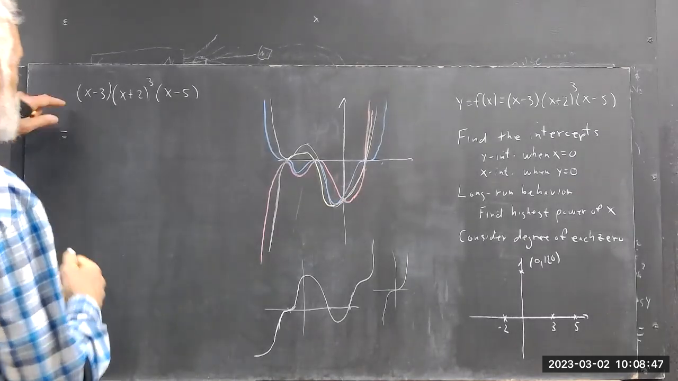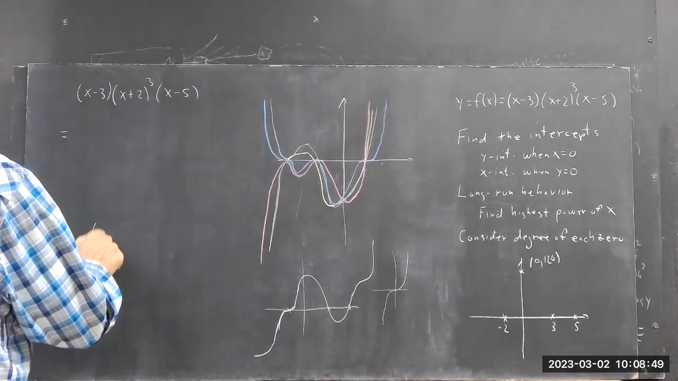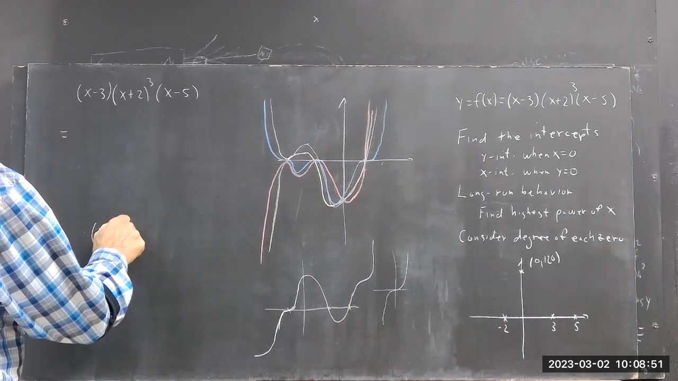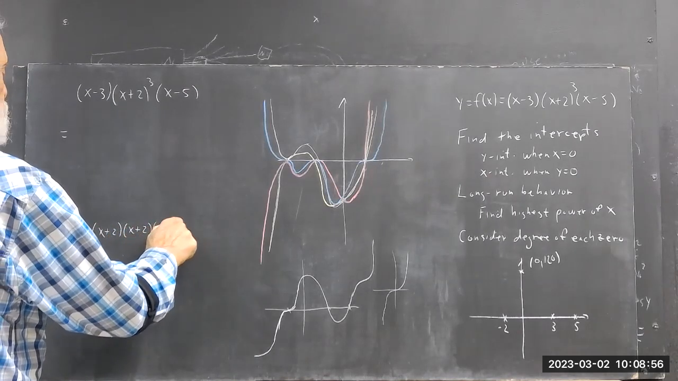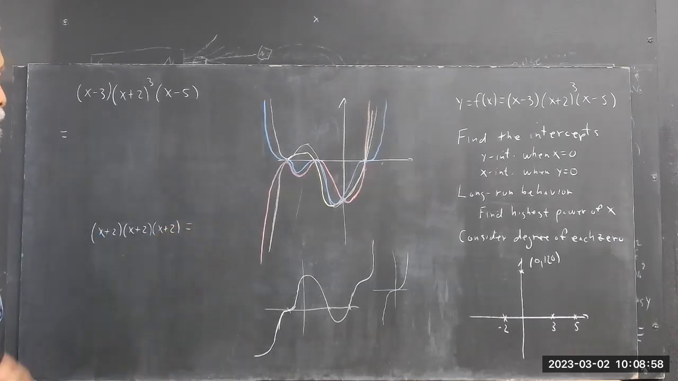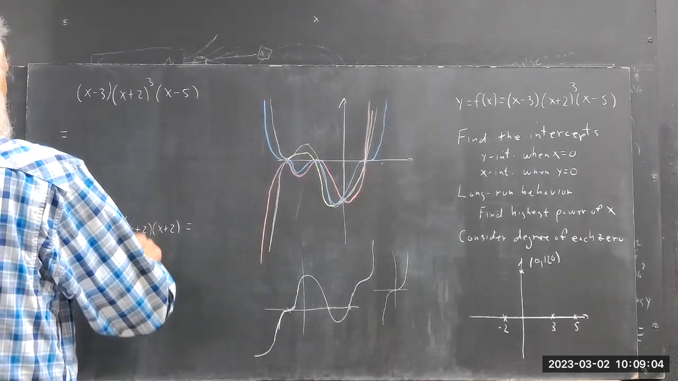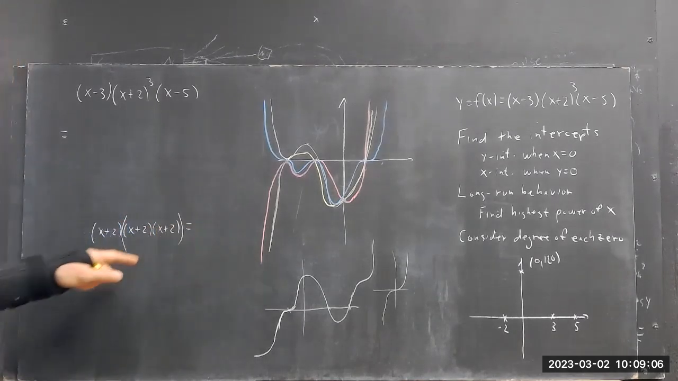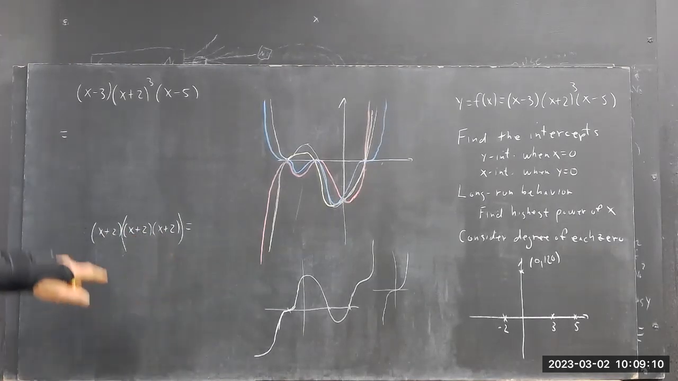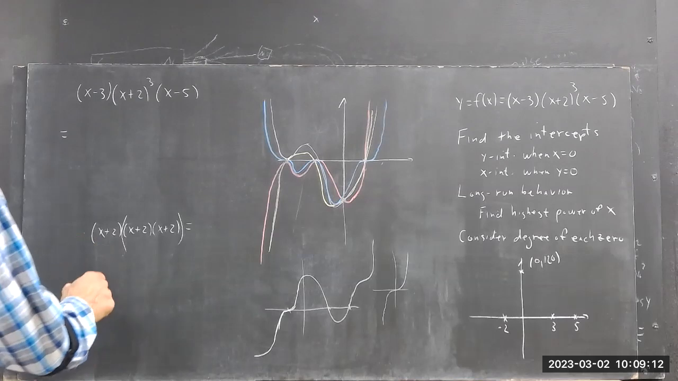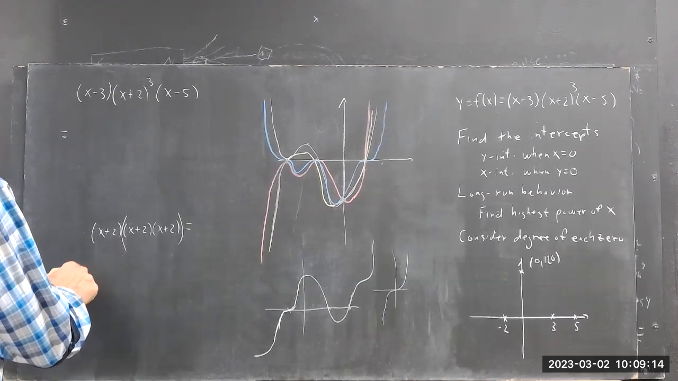Okay, to expand this, we have to multiply x plus 2 times x plus 2 times x plus 2. That's going to give us x plus 2 cubed. When we multiply that, we already have a good instinct of it. We've got to multiply 2 of these first, and then we can multiply by a third. So that equals x plus 2